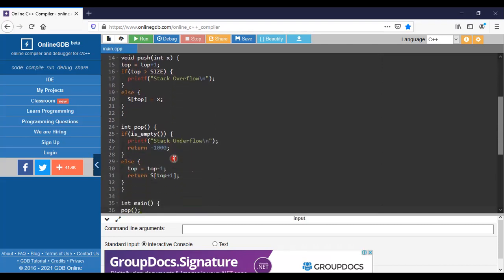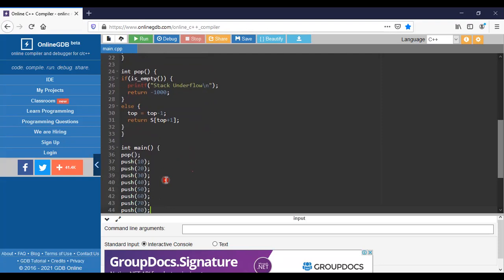the pop operation, what you have to do is check whether the stack is empty or not. If it is empty, we won't perform it here, and it is specified as a stack underflow. If it is not in underflow, then I need to decrement the top value, and whatever pop value has been performed has to be inserted there.